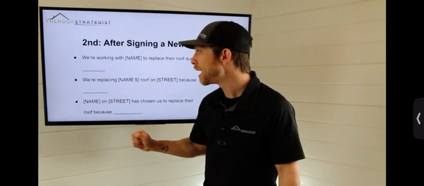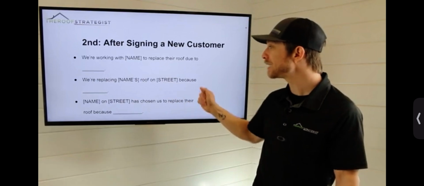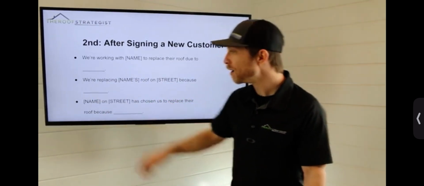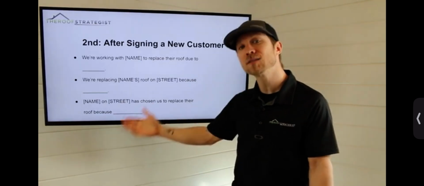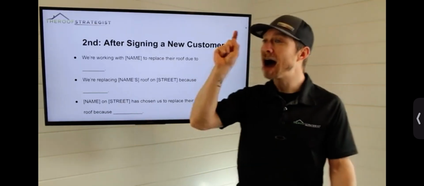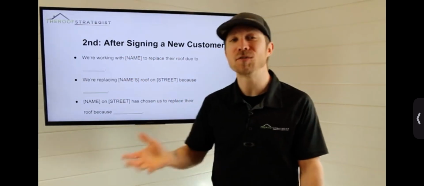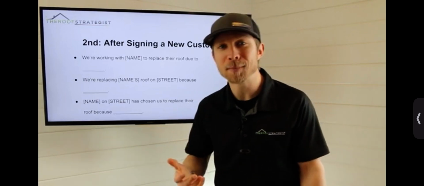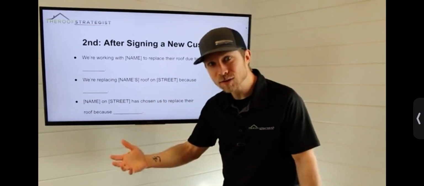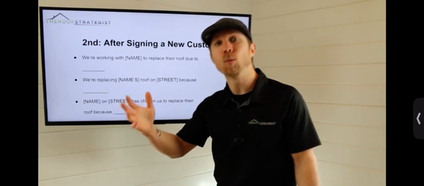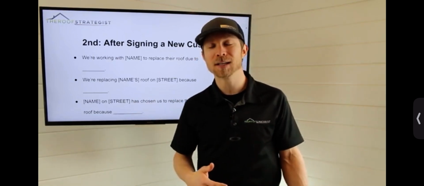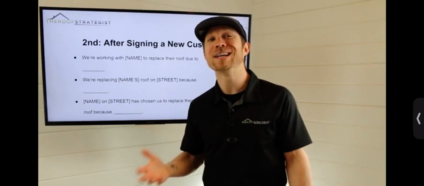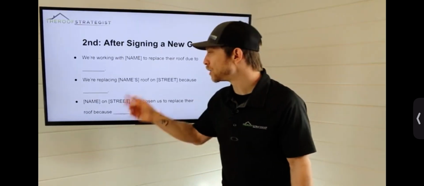That's why it's blank. Hey, we're replacing Peggy's roof on Lexington because, same thing. Or hey, Peggy on Lexington has chosen us to replace her roof because. So you're basically saying, I'm doing that roof, here's why. It's a very simple thing. This is why I'm stopping by, all right? We're doing this, I wanted to let you know, and while we're in the neighborhood, we can then move into asking the open-ended question. So think of L as the kind of transition to your opener that we're changing up.